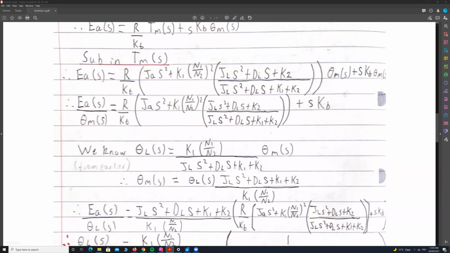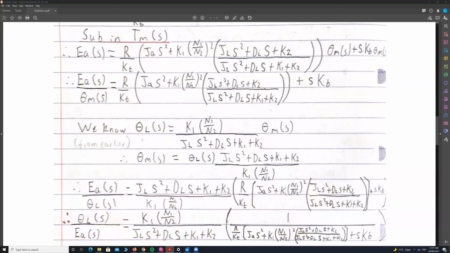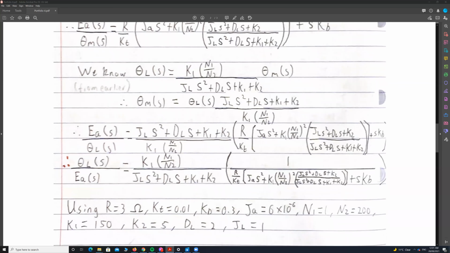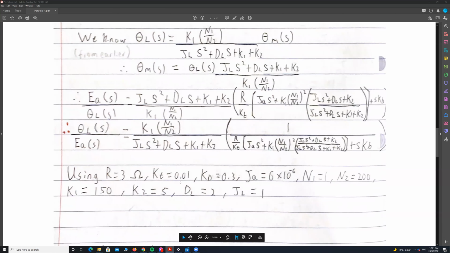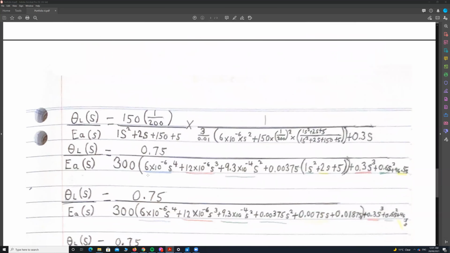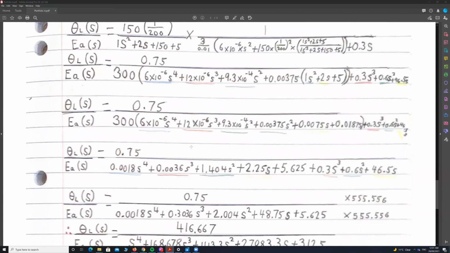Again, from earlier, this is the important part. Since we know that theta L of S equals this equation, we can get theta M of S. We can then sub in that here to get our theta L of S, and multiplying by this section here. Then since the transfer function calls for theta L of S on top of theta A of S, we can then flip our equations, hence why the K1, N1, and N2 is on top here, and why this term here is now dividing 1. If we then sub in our values, you can see here we go through each step, eventually arriving